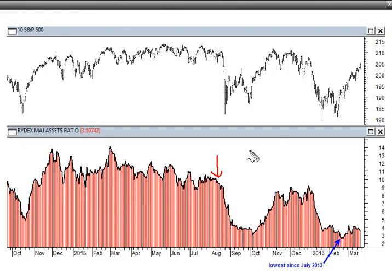But we had a very different situation at that point with regards to other sentiment indicators. We had my version of the Rydex assets ratio off its highs but still above 10, pretty elevated, and right now it is somewhere between 3 and 4. I don't make any apologies for talking about this because I think it's an interesting point. The lowest level we've seen since July 2013 was here in February, just close to the market low, and you can see how the S&P has rallied, but the